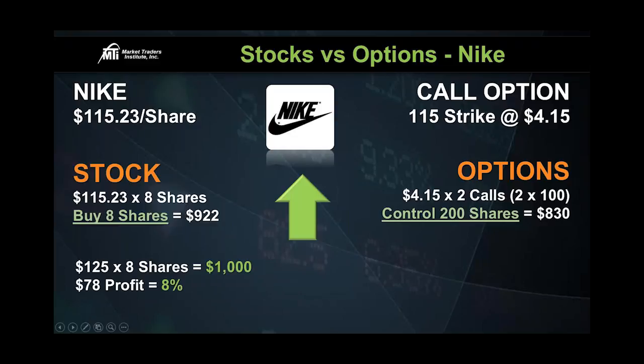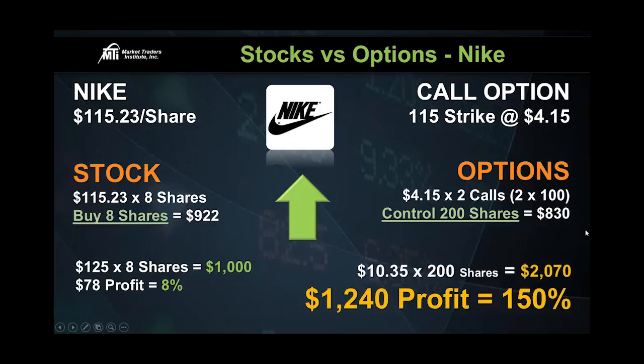Now, until you look at the flip side of that and see how our call options did. Our call options went from 415 to 1045. We controlled 200 shares, so we made about $1,240 in profit, or 150% off that move right there. Not too bad. Just use a couple calls, right instrument, the right strategy. We put $1,200 in our pocket. So this is how you can trade the more expensive stocks without having to have tens of thousands of dollars in your trading account to do this. And we do this a couple times a month.